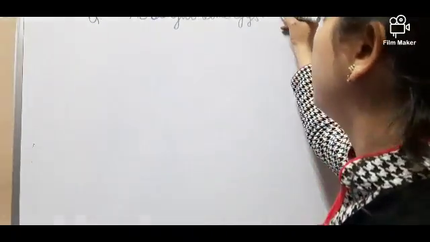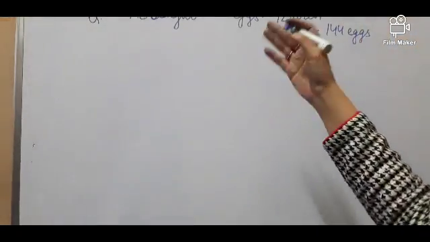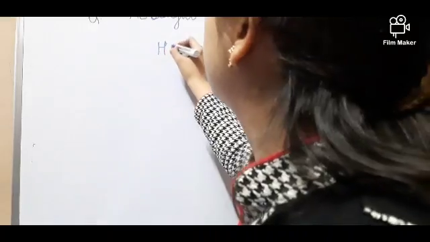So let's see the last question of this class. The last question is a word problem. There is a shopkeeper, and he bought some eggs. It's a little tricky question. How many eggs did he bring? He bought 12 dozen eggs, which means 12 times 12, which means 144 eggs, out of which he sold